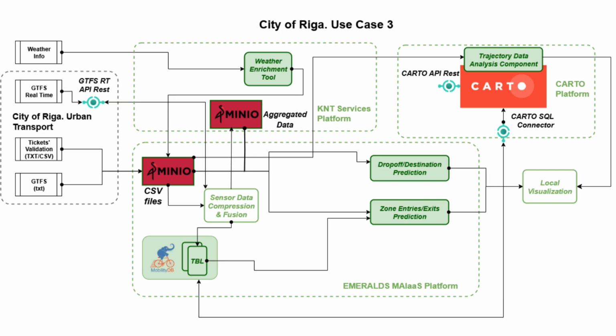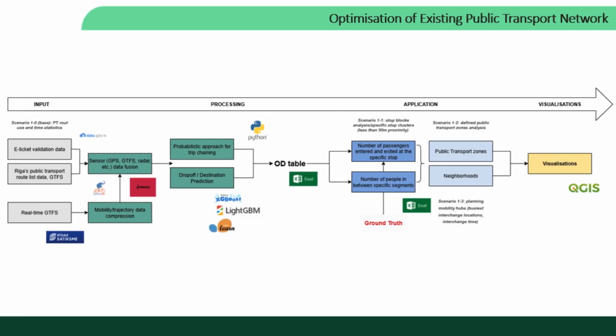That brings us to the visual representation of the final deployment of the use case. We will further demonstrate it step by step through three pipelines, starting with the first one, optimization of the existing public transport network, which focuses on supporting transport and urban planners to analyze passenger behavior to better understand travel patterns